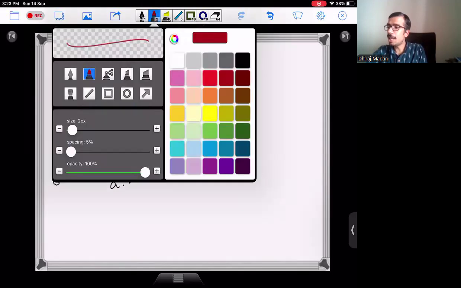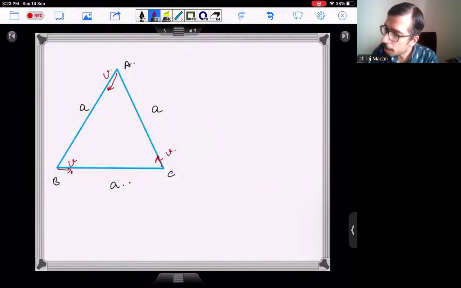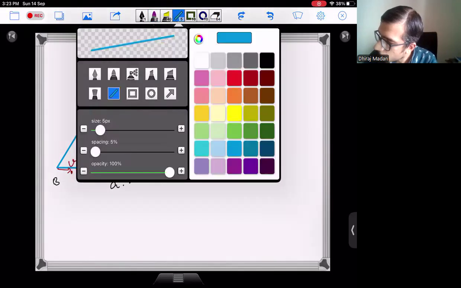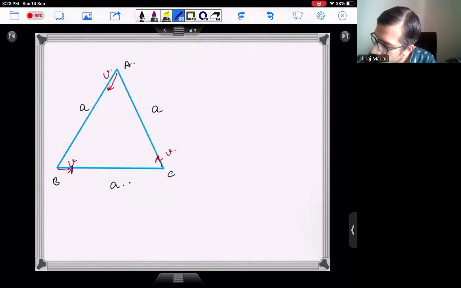Still, they are moving towards each other, which means their directions will also have to change. Now if we look at the new triangle which they are forming, essentially you have,